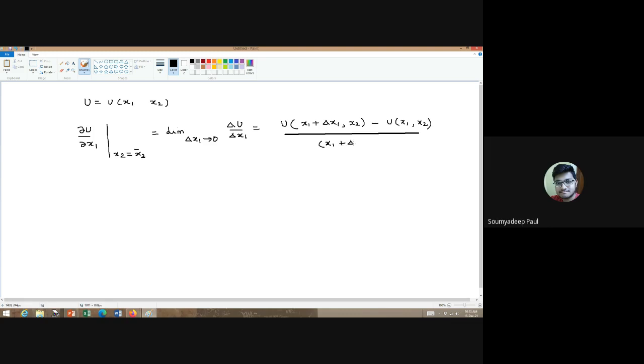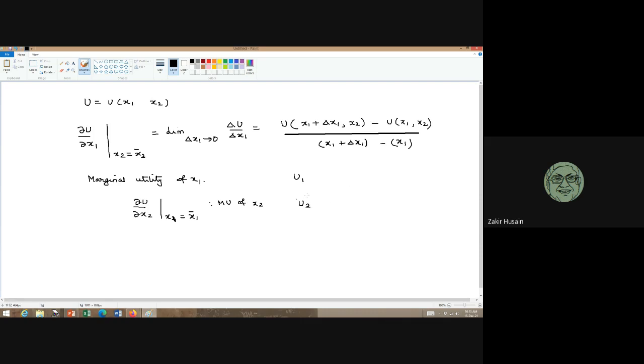Delta X1. Oh, yeah, x1 plus delta x1 minus x2. You can also put in delta X1, whatever. Okay, this will, you can see X1 cancels. So these are called the marginal utilities of X1. In this case, it is marginal utility of X1. But we can also find out the marginal utility of X2 also. Sorry, this will be X1. This is the marginal utility of X2. Now we write this as U1 and U2.